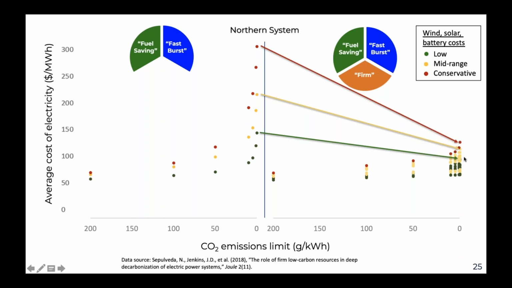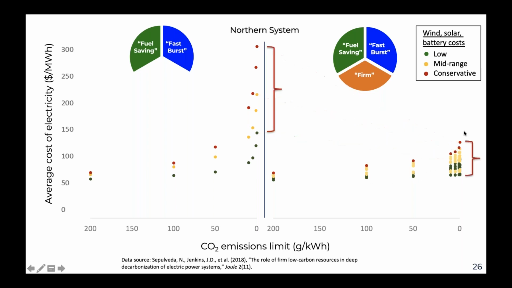substantially cheaper to have firm low-carbon resources, even across the range of assumptions we made about the cost of those technologies, which include cases where we assume that nuclear costs as much as Vogtle in Georgia, the vastly overrun, delayed power plant there, and in which natural gas with CCS is not available, and all the way down to optimistic assumptions where we can build low-cost small modular reactors or have lots of biogas available or similar zero carbon fuels. So we can see that these are lower cost cases, and the total spread in cost across technology scenarios is substantially reduced,